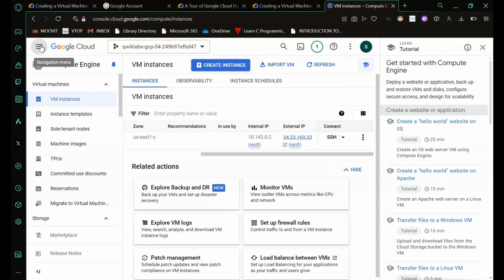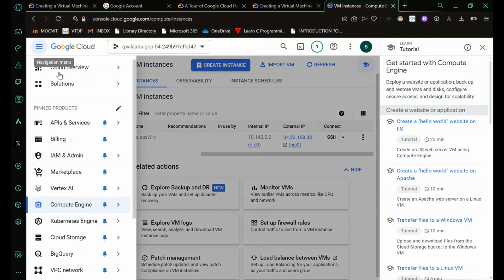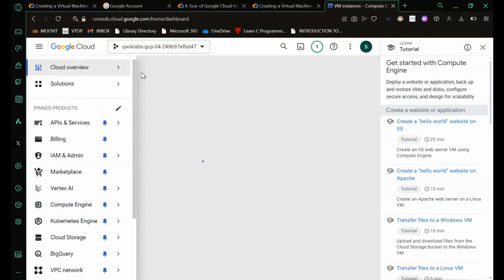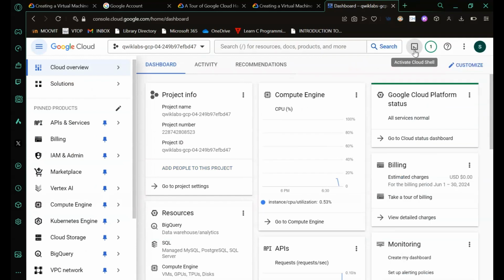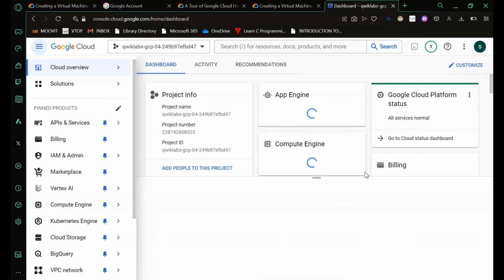Okay, so we'll go back to the dashboard. Now I want you to look at this option. This button activates the Cloud Shell.